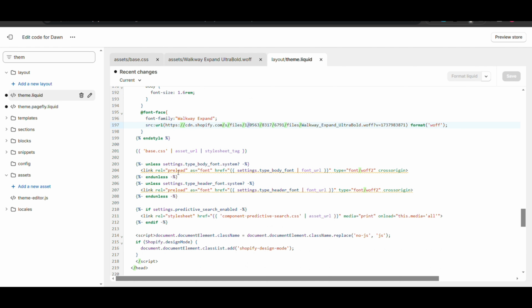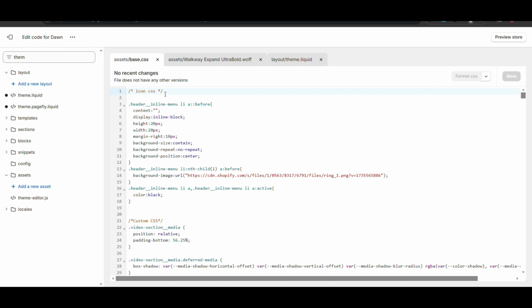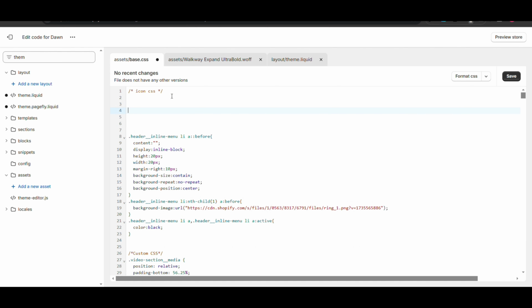Now I need to assign this font everywhere. I will assign that font to every tag like H1, H2, H4, list, whatever. To apply it everywhere, go to style.css, on top here. Just select H1, H2, whichever you want to use that font on.